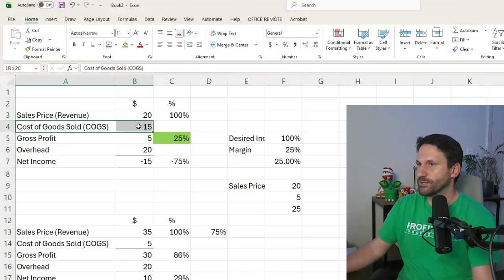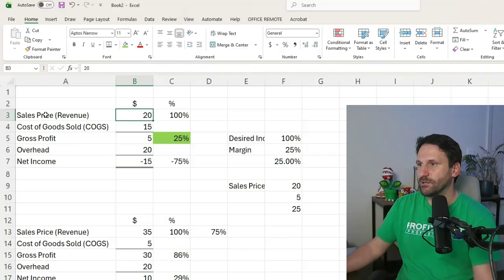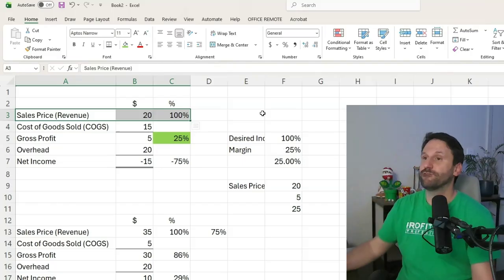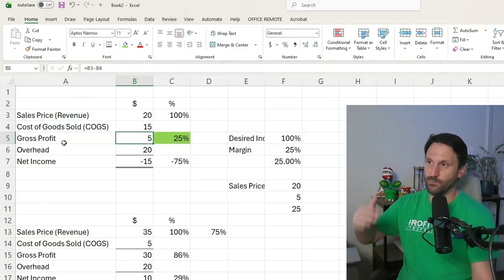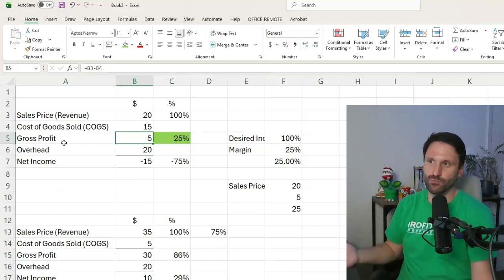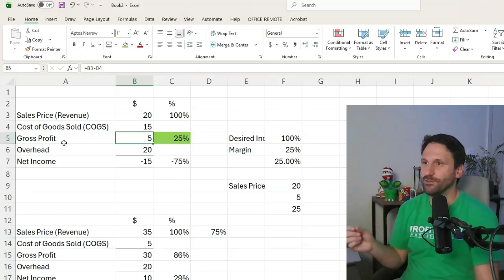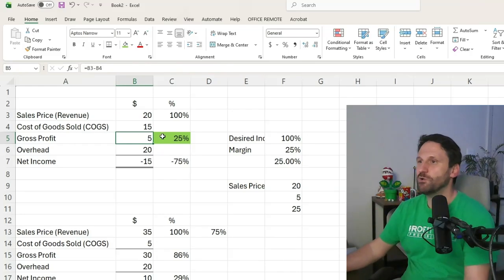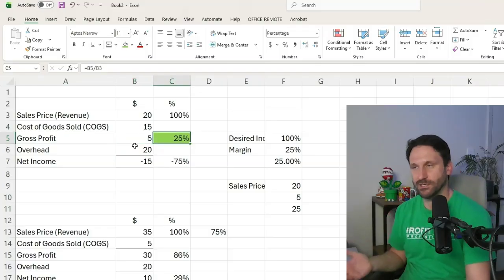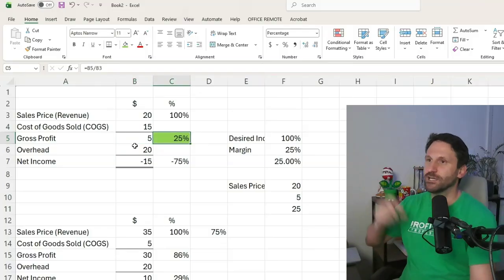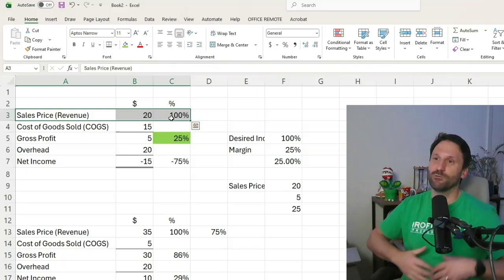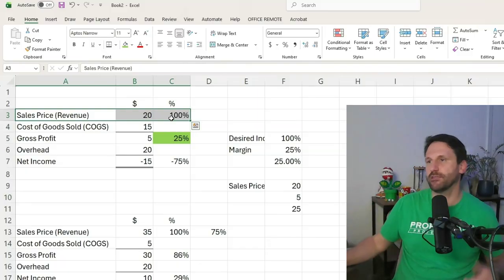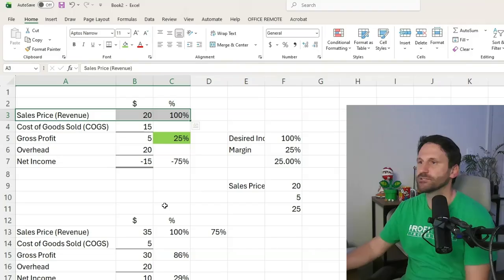If this cost of goods sold doesn't change, then that $5 increase to sales price, which is only a 25% increase, would add $5 to our gross profit. And that $5 increase in gross profit is a 100% increase because it doubled. And so when you do the math on this, what's really interesting is if you have a lower margin before the increase, then the percentage increase for your sales price is actually less than what you would be if it was a larger margin. So this is looking at things on a per item basis,